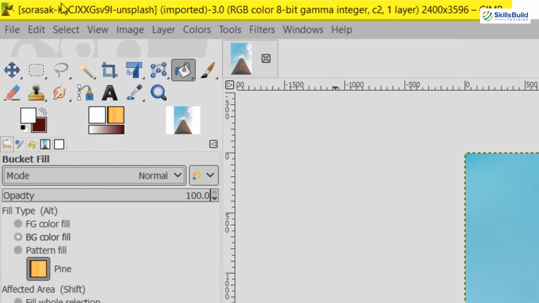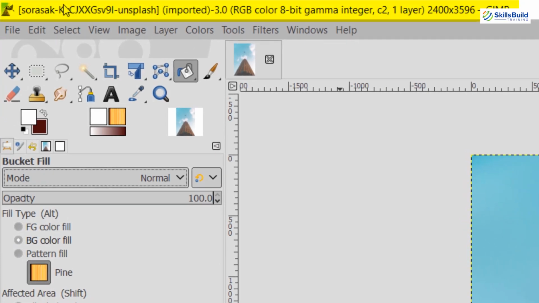So first let's talk about the title bar. At the top of the image window, you will probably see a title bar showing the name of the image and some basic information about it. The title bar is actually provided by the windowing system, not by GIMP itself. So its appearance may vary with different operating systems, window managers, and themes. In the Preferences dialog, you can customize the information that appears here if you want to.